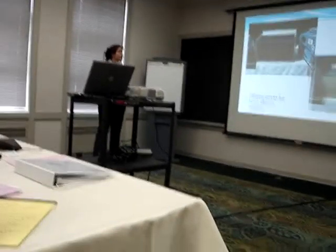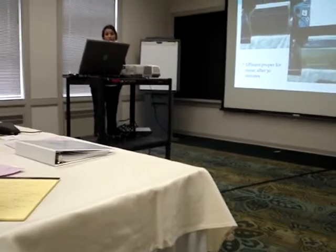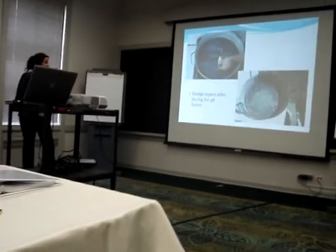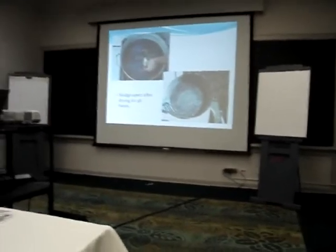Here we have effluent from a gym's wash, and the same effluent 30 minutes later with the water proper for use. And here's the sludge itself after the colander, and the same sludge 48 hours later. So you can see that the volume is so